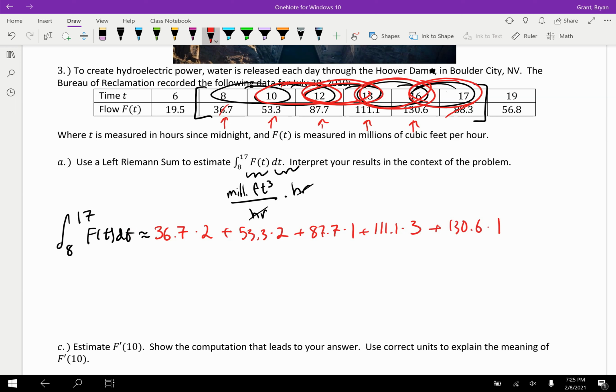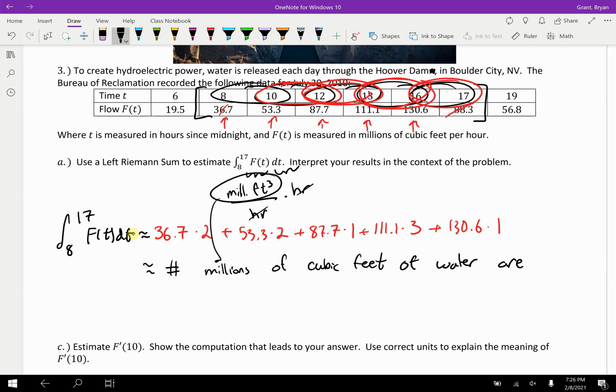And we're going to go through and find that value, and I really don't want to. So I am going to say that this is going to be some number, and in particular, it's going to be in millions of cubic feet. Not per hour anymore, right? Millions of cubic feet of what? Of water released from, and again, I'm just lazy, I say from t equals 8 to t equals 17. Easy. So this Riemann sum gives us this accumulation, this total amount added up from 8 to 17,